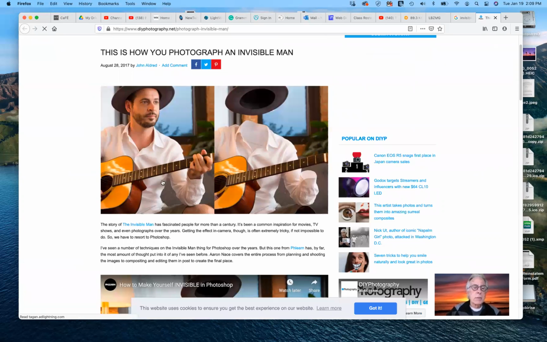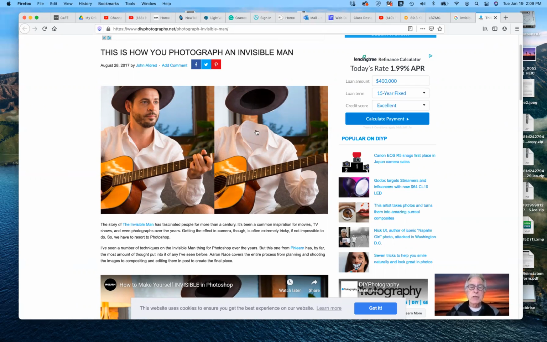So here is the before, the fellow with the guitar, his hand on the fret, on the neck of the guitar, you know, pressing on the frets. And here is the finished version. And again, you notice that by erasing his hand, he had to then recreate the interior of the sleeve. He also had to use other parts of the neck of the guitar to rebuild it where his hand was placed. And he had to